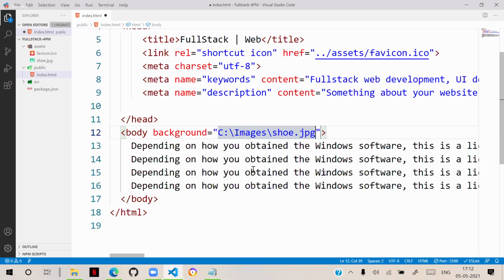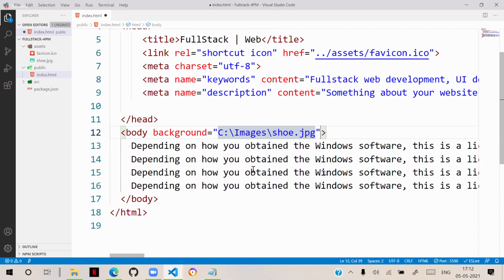We see generally people who are learning HTML write the path like this and try to use that resource. This is 100% not recommended. This is completely rubbish code.